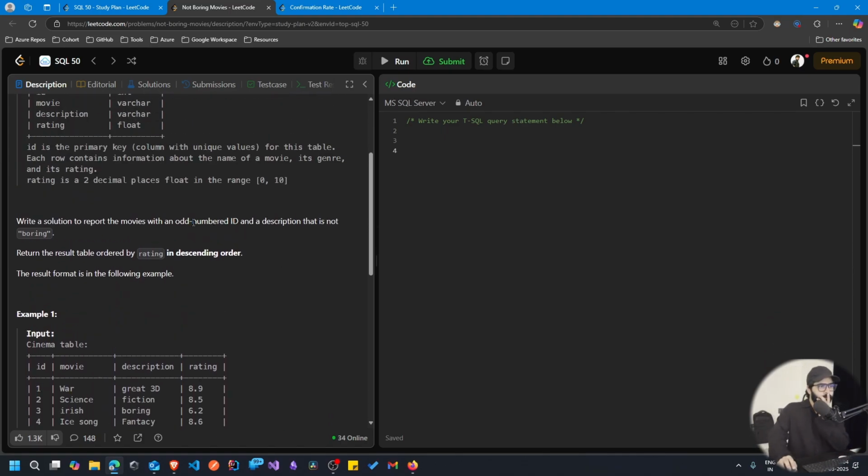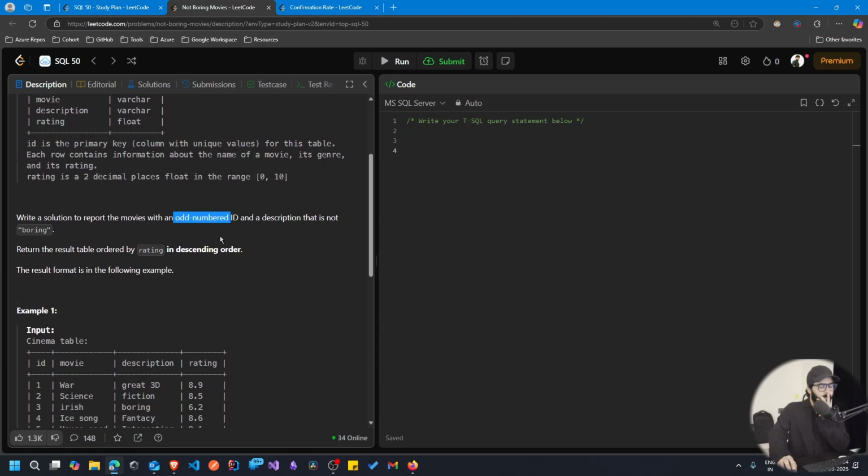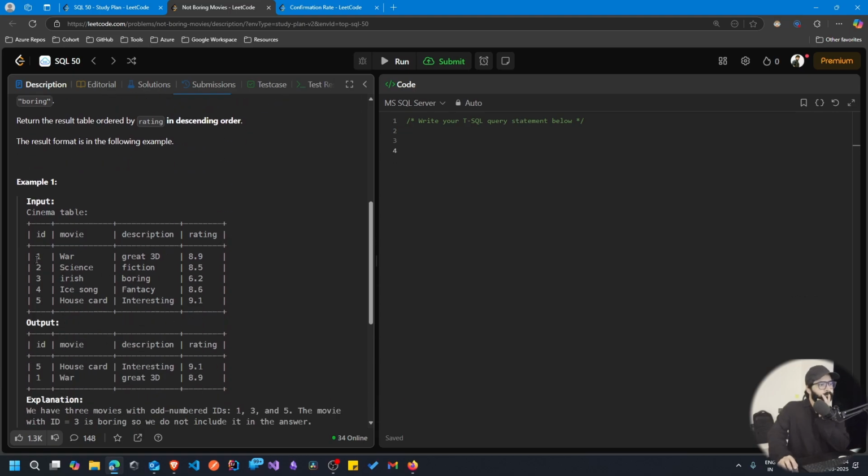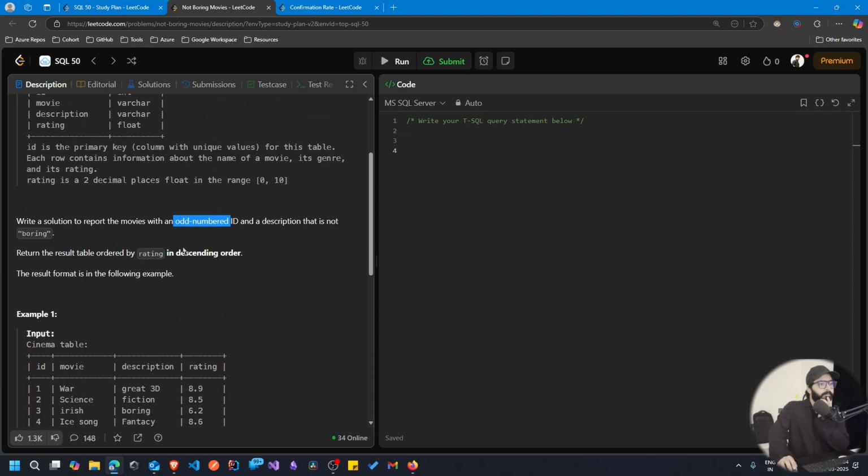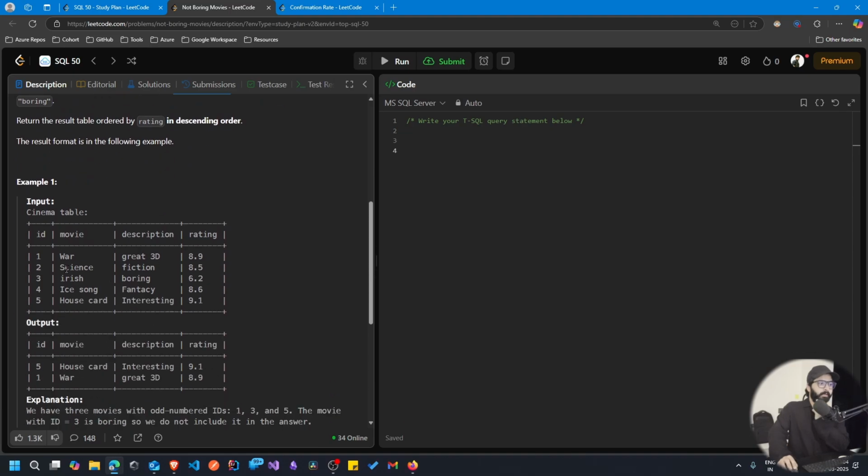Odd number id and description should not be boring. 1, that's boring, and 5, yeah, 5, 1, cool. This is pretty simple. I would say we have to select the id